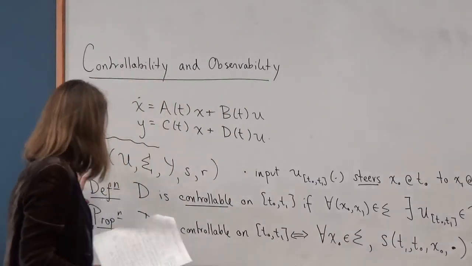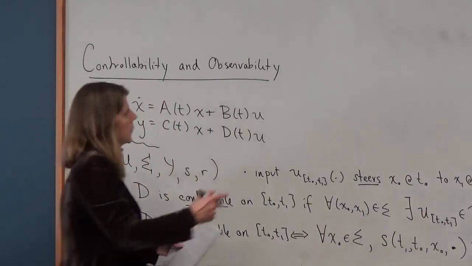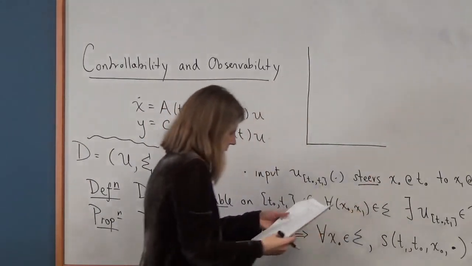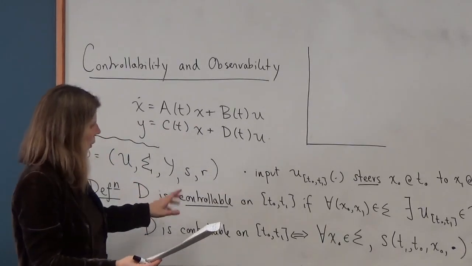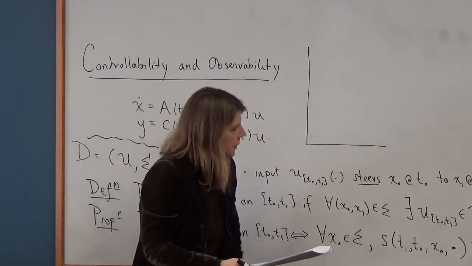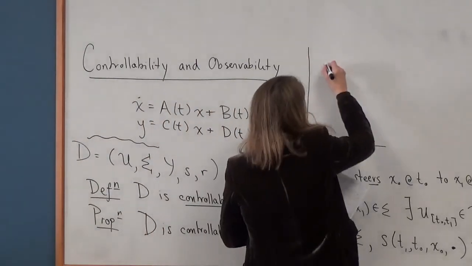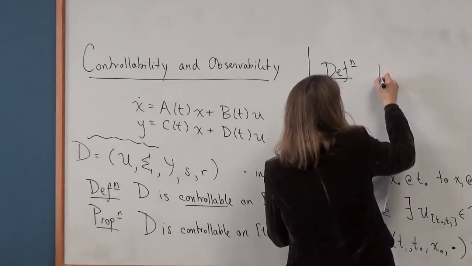Okay, so we defined what it means to be controllable. Let's look at that same dynamic system, and we'll pick up on this and well-posedness on Thursday's class. But we say the system is controllable if there exists an input that steers any initial state to any final state. We define the concept of observability. So D is